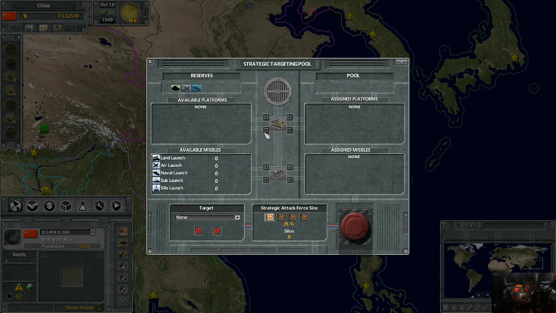Or you can put them all over there by pressing this button here. I usually just do all of them to make it easier. Then down here it'll show you the missiles available. So say we went to land launch, it would show us, shit, I'm